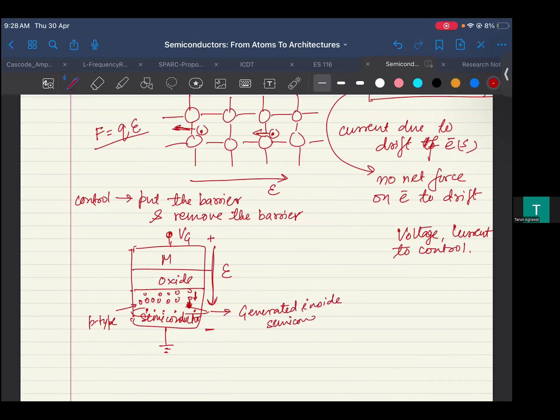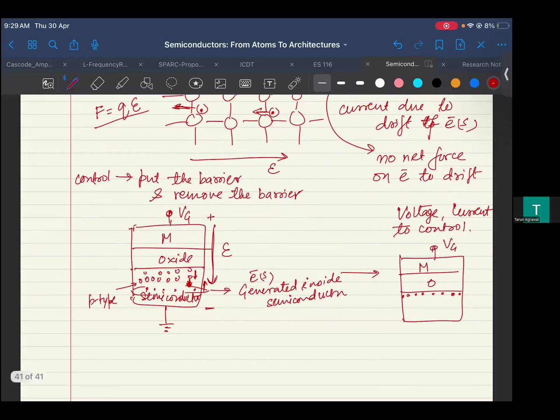What they would do, they will go to your surface, because they are going to feel the drift in the opposite direction, right? So in the end, when you apply a positive voltage, you are going to see a lot of electrons at some point here. Right? We are not going to talk about the threshold voltage,